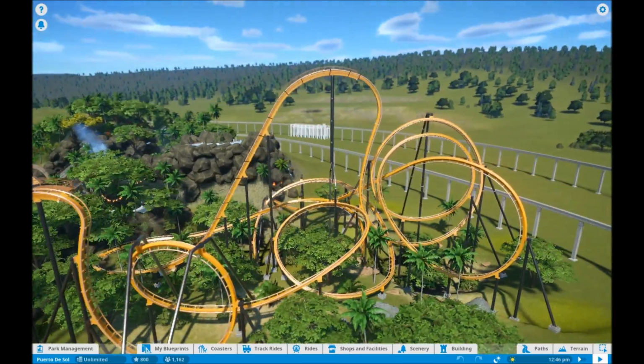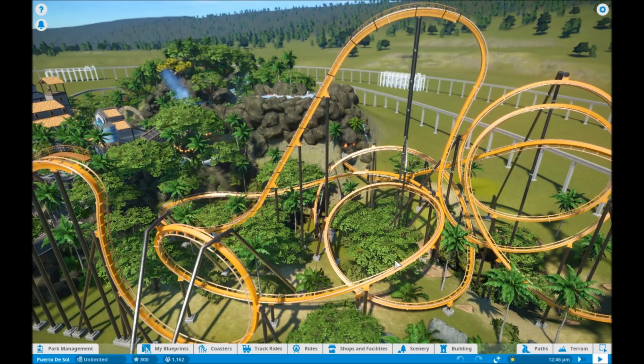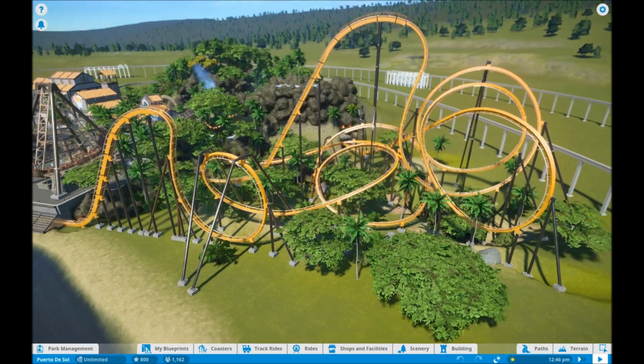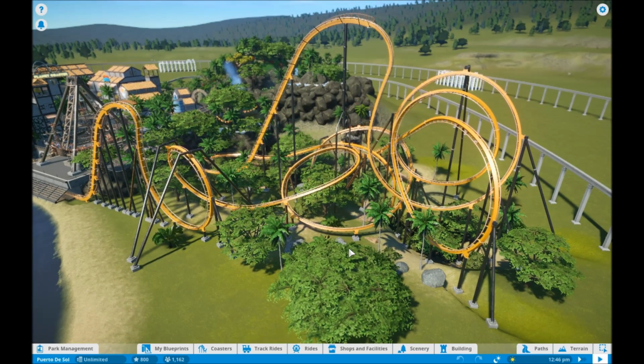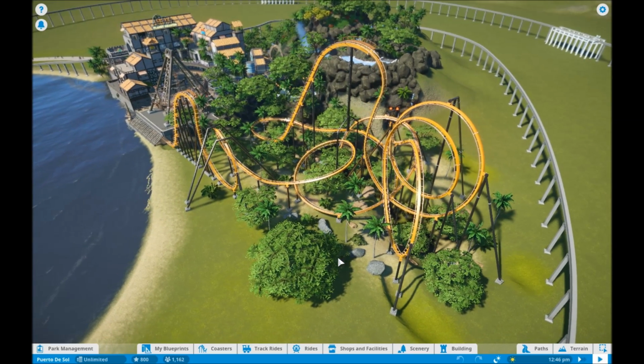And with theming, I feel like if you build the area first and then build your coaster in it to fit the area, it'll almost build itself. Because you can give it a medieval theme. You can say, okay, I want the people on this coaster to feel like they're dragons, or like lions hunting prey, or a spaceship in the middle of a battle, and I want a bunch of tight turns and loops and crazy stuff like you're in a dogfight. If you have an actual theme and an idea, it'll give your coaster character, which will make it unique,